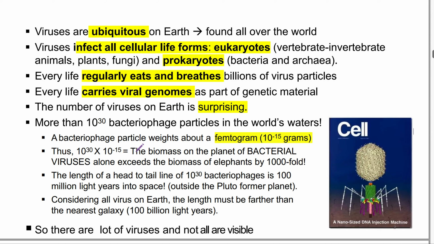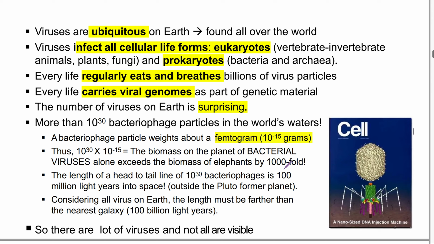Here is an example so that you will understand. There are more than 10 to the power 30 bacteriophage particles in the world's water. A bacteriophage particle weighs about a femtogram, that means 10 to the power minus 15 grams. Thus, if we multiply 10 to the power 30 with 10 to the power minus 15, the biomass on the planet of bacterial viruses alone exceeds the biomass of elephants by